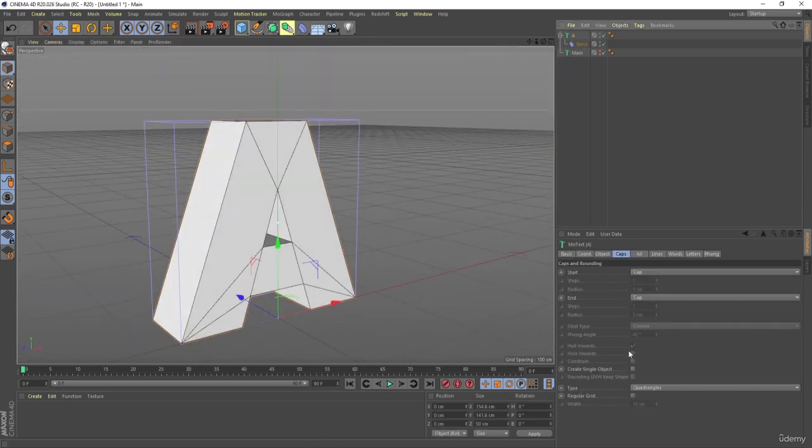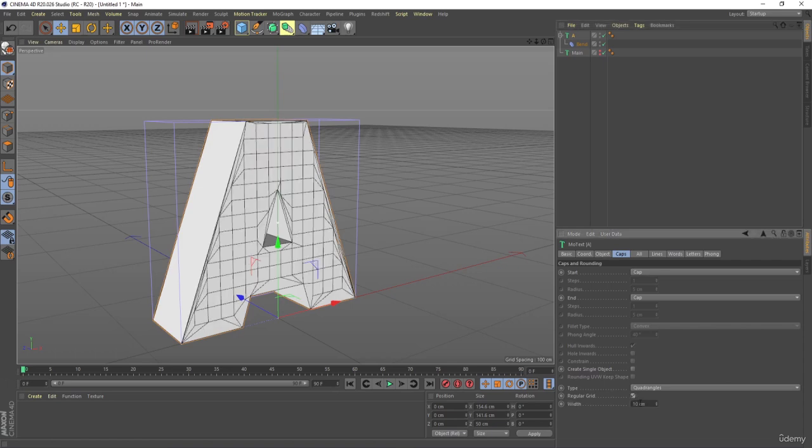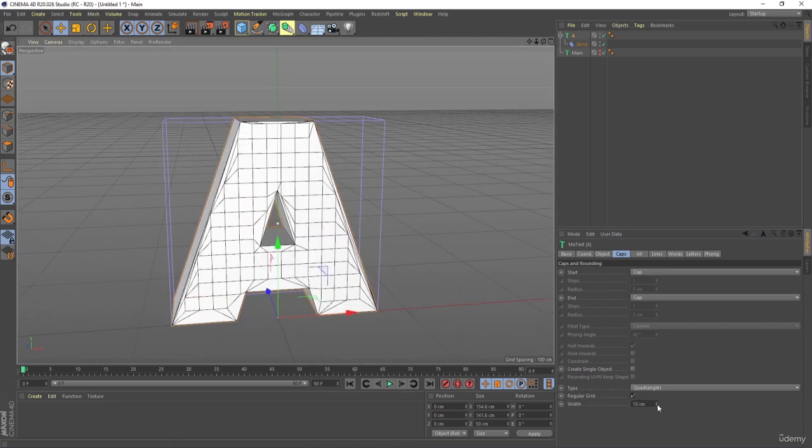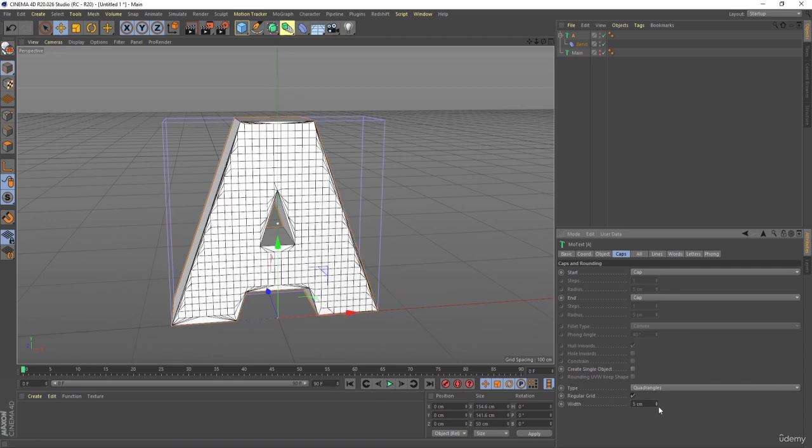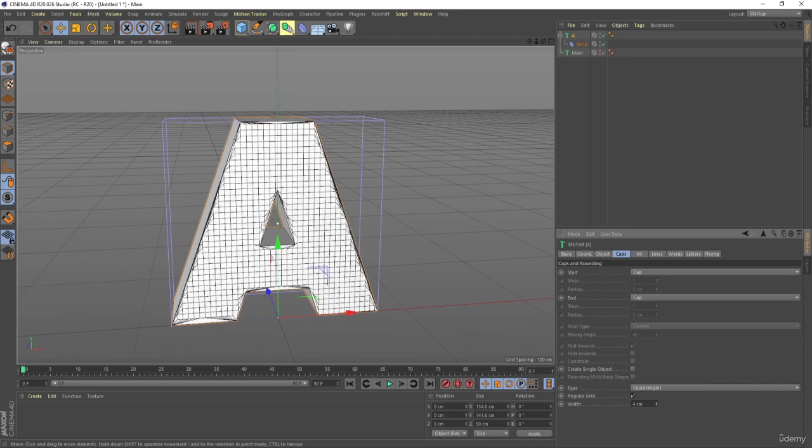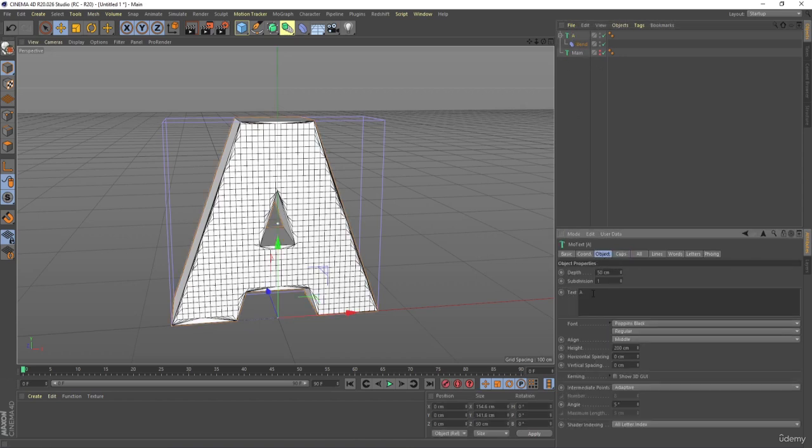So I'll select this text again, and I'm going to enable this regular grid. So yep, we will get this kind of grid. Now as you decrease the amount of this width, it will increase the edges. So I think this many edges are enough. So let's select this, and let's go to the object tab over here like this,